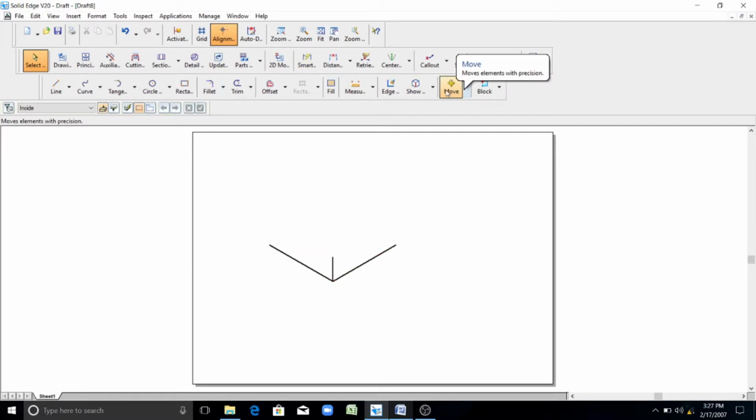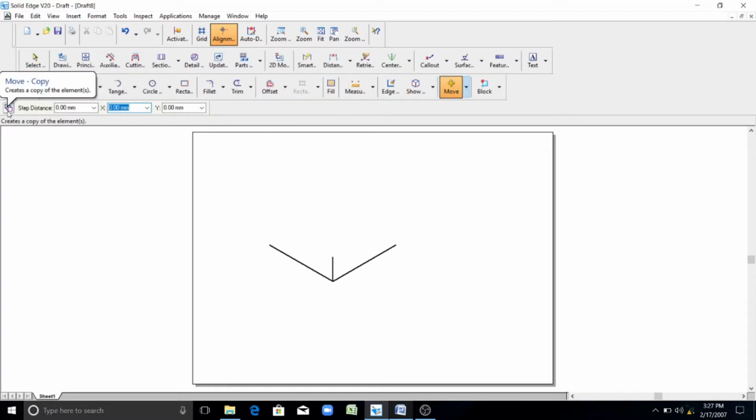Let us see how to do this. Click on the move option here. In the move option, you have to click the copy option, otherwise the original line will be moved. I'll check, already it is clicked. So select this line. Now you can see here, if you move the cursor on the line, this indicates the end point of the line, this indicates the midpoint of the line, and this again indicates the end point of this line. I want to move or copy this line from this end point of this line to this end point of this line. Here the original line is moved. I need a copy, then you have to click here the copy option.